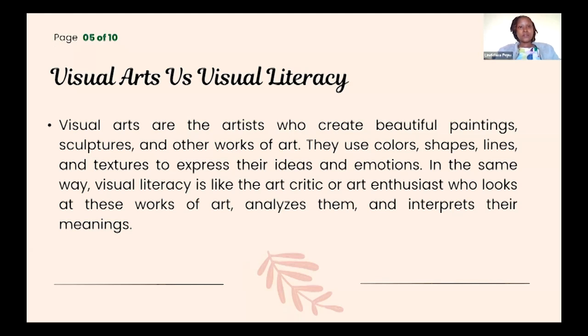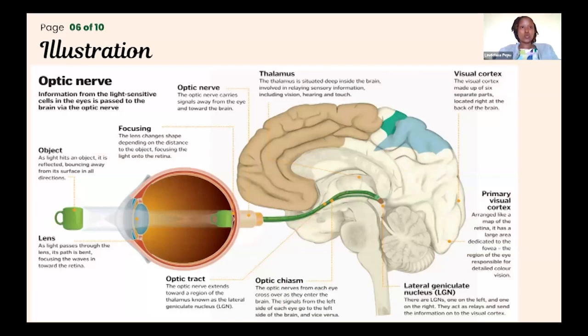So my understanding as a visual artist is that when I'm creating an artwork, at the beginning, I'm expressing myself through creating an image, and in the process, I hope that what I create will have a meaning for someone to be able to look at it and show an understanding or a relation to it, which is exactly what visual literacy is about, the analysis and interpretation of images. And that is why I include this illustration to clearly display how visual literacy and visual arts coincide with each other.